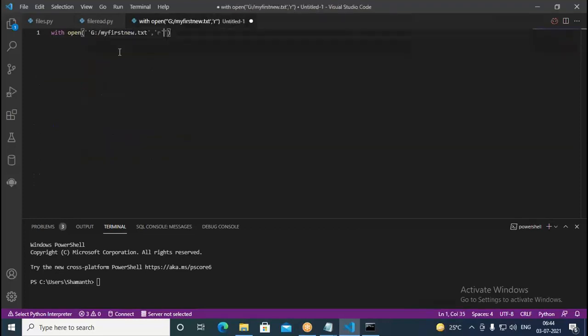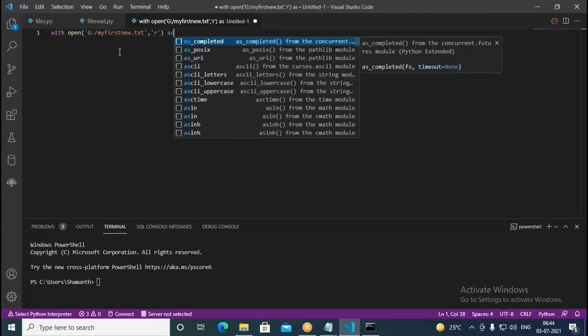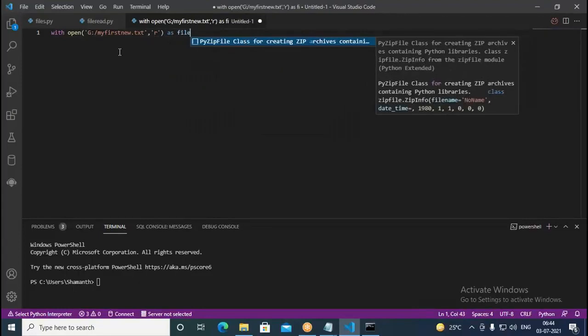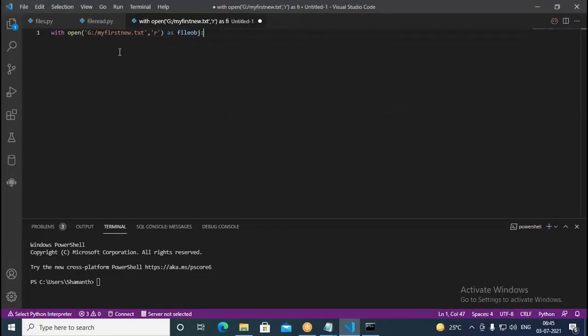I put this one, opening it in the read mode as file object. I put file object, then the colon. In this block,